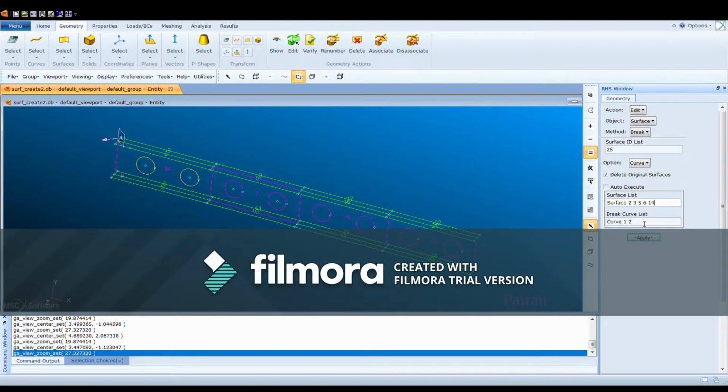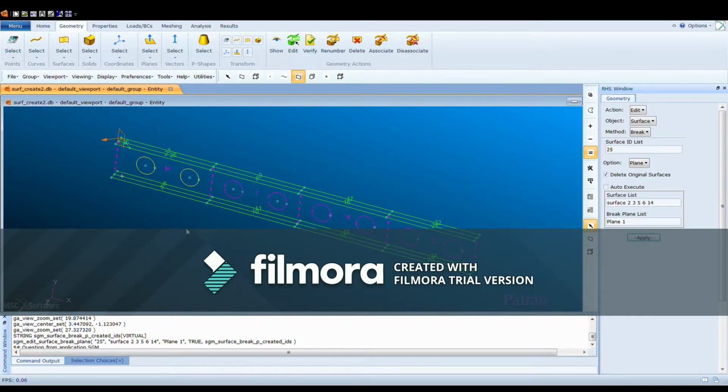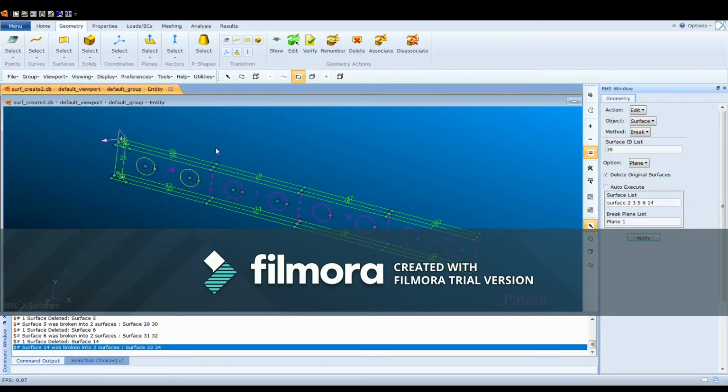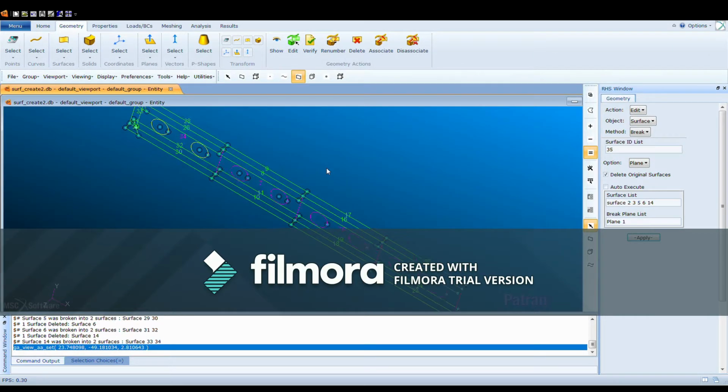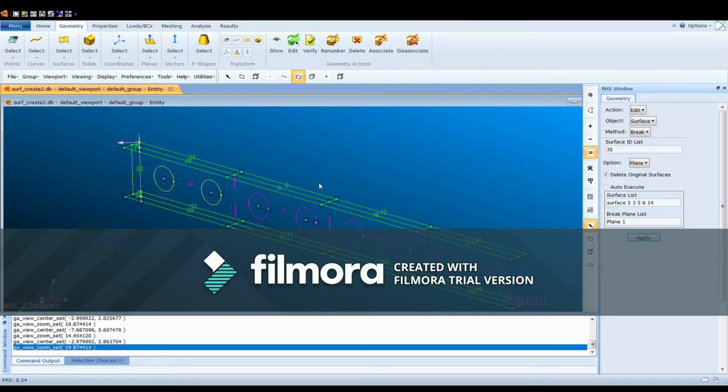And the break plane, I'm sorry, we're supposed to edit this, and it got cut up in the explanation. So we're going to go with surfaces 2, 3, 5, 6, and 14. And under the break plane, we're going to select, of course, our new plane, plane 1. We're going to apply, and we're going to go yes for all. There's no noticeable change right now, but